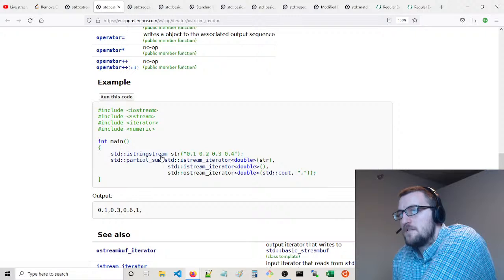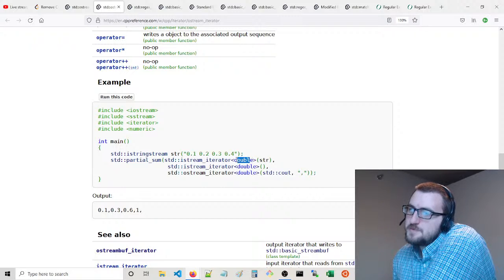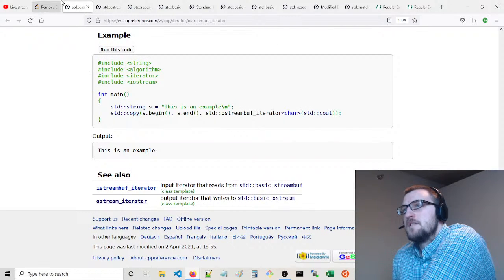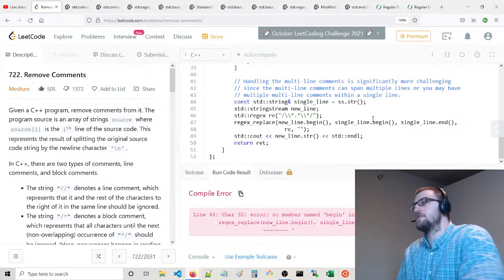Huh. Can I just have a string stream iterator? Or just iStream iterator? Double. I guess mine's gonna be a character. Really interesting.